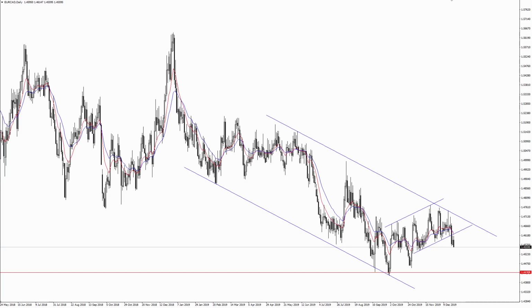The euro versus the Canadian dollar is a newcomer to the list. However, I did mention it last week on the blog. Essentially we have this intermediate trend that's defined by this descending channel, and then we also have this short-term ascending channel that I was looking for a break below this support level